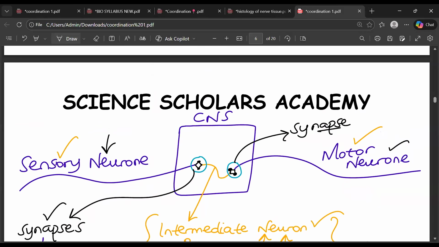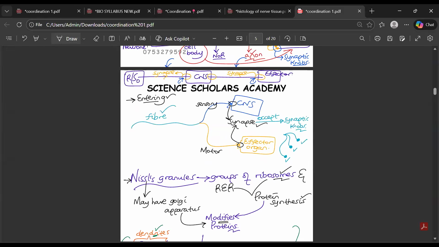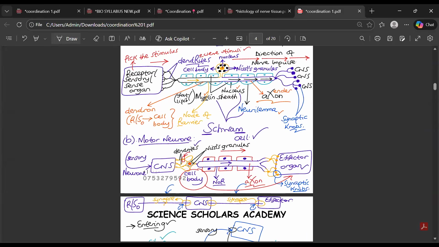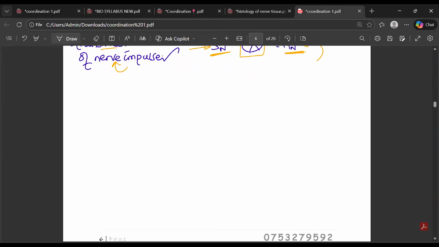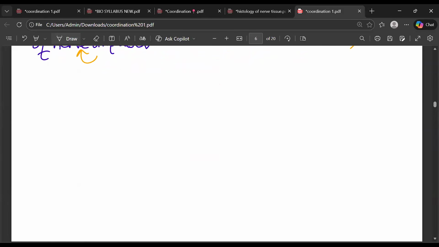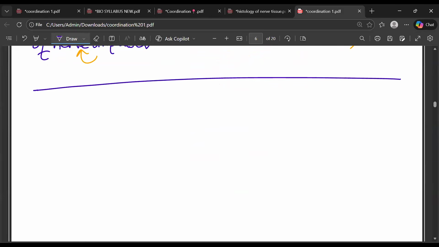I think, what else do we have on the structure that we've not talked about? Let me see. Schwann cell, we talked about the Schwann cell. Myelin sheath, we talked about it. Node of Ranvier. Maybe we should also talk about it. Node of Ranvier, I think it's going to be our last thing, unless otherwise, maybe the rest of the things we shall find in the notes. Okay, now